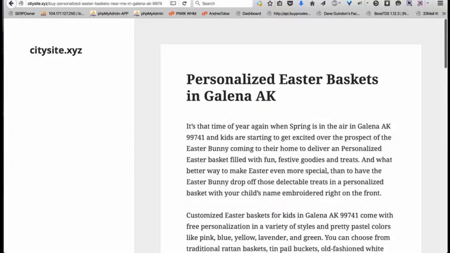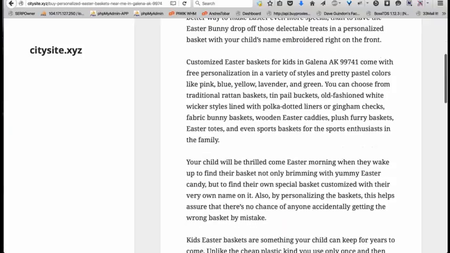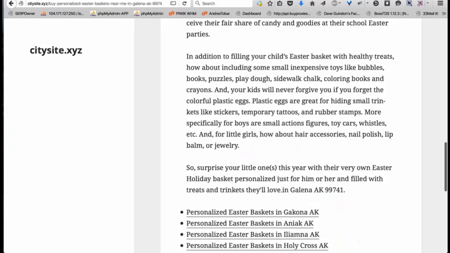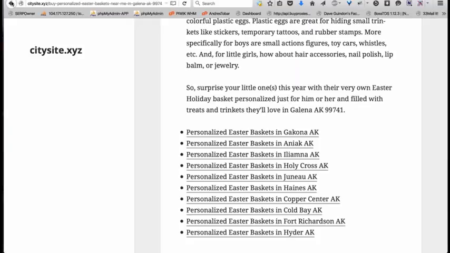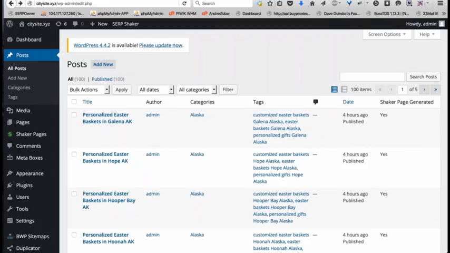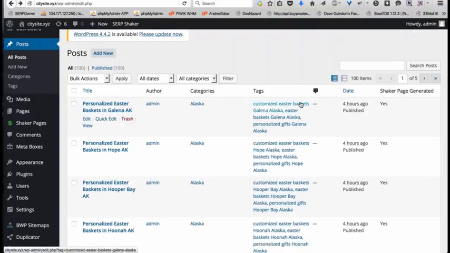And I know that question's going to pop up. Am I going to get hit with some kind of duplicate content penalty from using the same exact article? You're not. It's been proven over and over again with these sites. There are thousands and thousands of Surf Shaker sites out there right now, from Holly alone, where it's basically the same exact article repeated thousands of times on your site, and all that changes is the location, and yet they still rank.